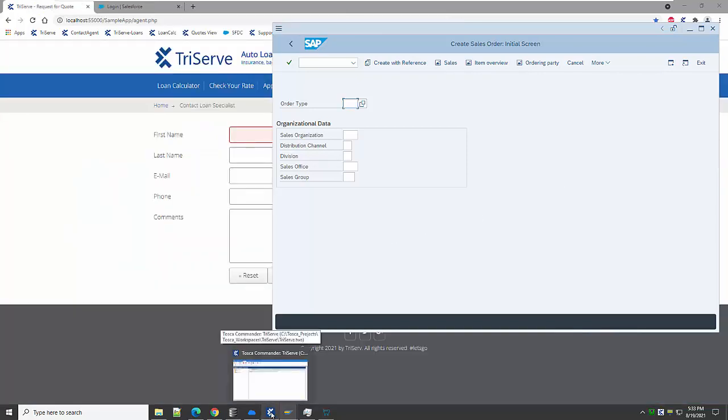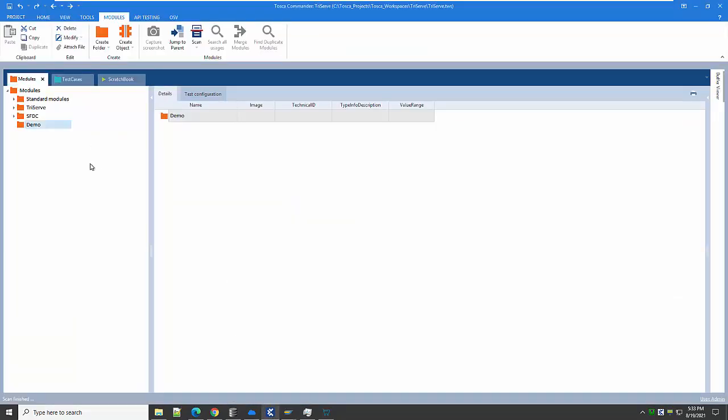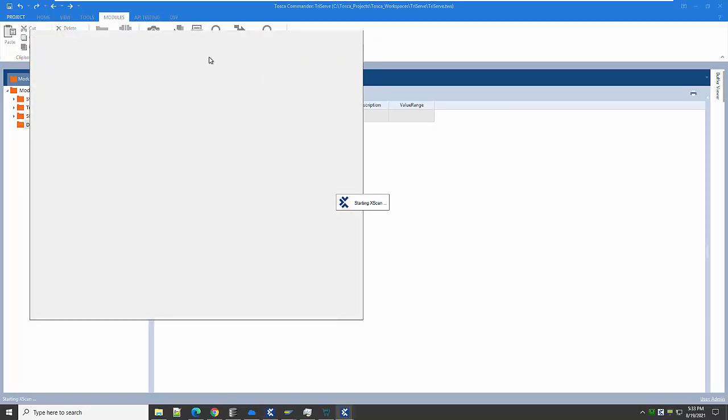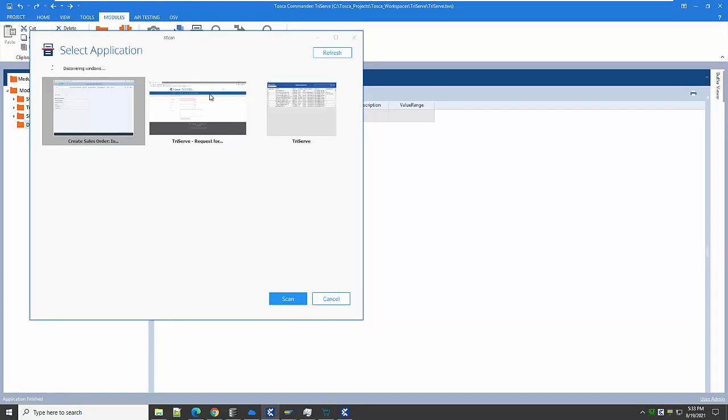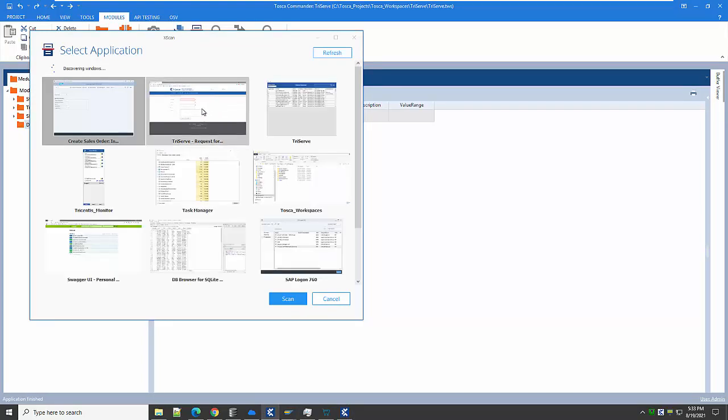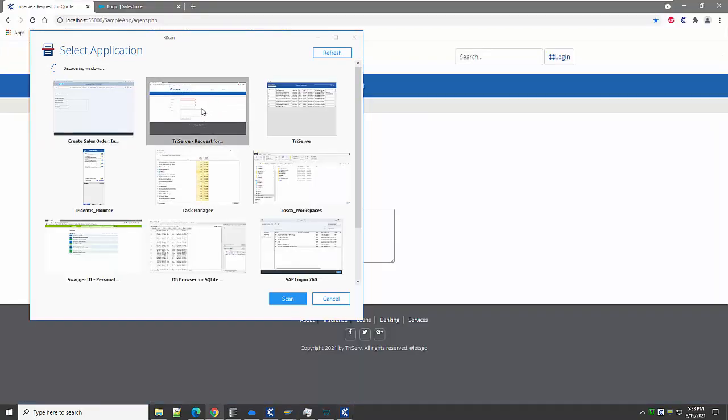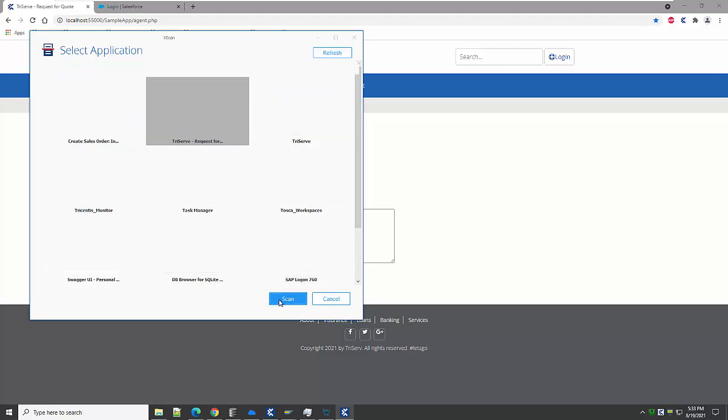Okay, let's get started by scanning our first application. So back in Tosca, in the module section, on the toolbar, there's the scan button, and we click on it, and next we're presented with a number of choices. Let's select application. This will bring up our Xscan utility that will allow us to choose which application or test we want to interact with first or scan first. So first we'll select our custom web application, and when I click on it, you see it brings it to the forefront in the background here. Next we'll click on scan,